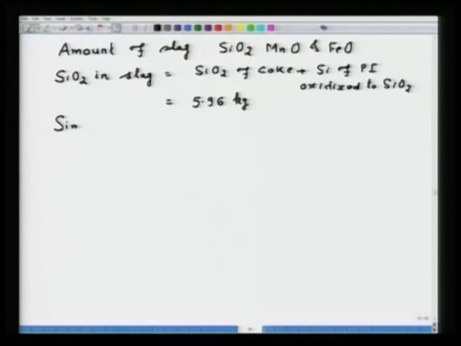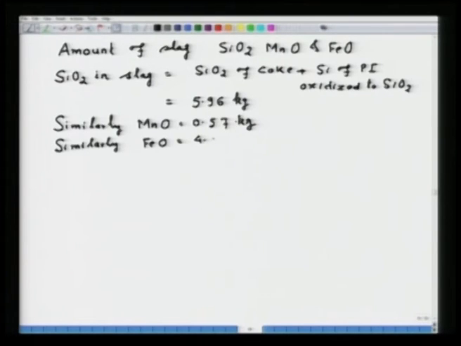Similarly, we can find out MnO, because the source of MnO is only oxidation of manganese and there is no other source. So, that will be equal to 0.57 kg. Similarly, one can calculate the amount of FeO, that will be 4.00 kg. So, in addition to SiO2, MnO and FeO, the slag will also contain calcium oxide,